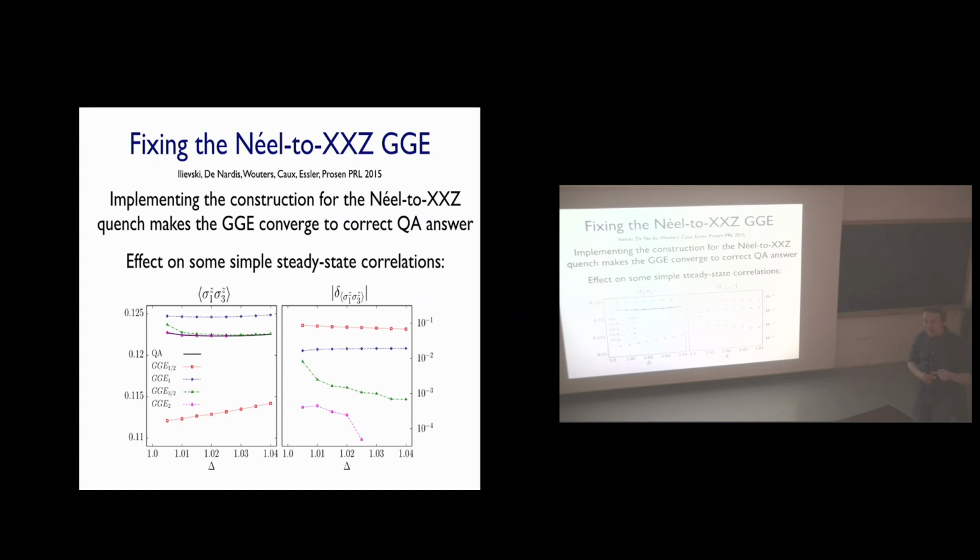And even people who do numerics, there's one thing I have to say here, is that I don't need the exact overlaps in the quench action. If I write my overlaps as exponential minus system size times a function, this function has an expansion in powers of 1 over system size. I've given you the exact function to all orders in 1 over system size. However, for the quench action, I just need the first term. If you just calculate the leading term in the expansion in inverse system size of the log of the overlaps, then you can apply the quench action.